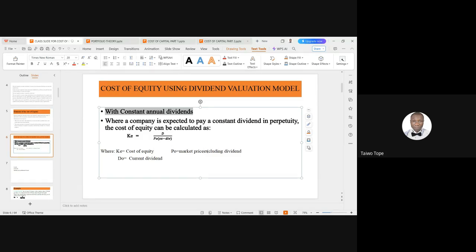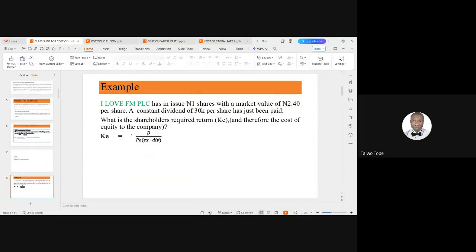Where the market price is including dividend, you remove the element of dividend from the existing market price to get the market price in form of XDIV. So that is where you have a constant annual dividend. You can have a scenario where you have growing dividend. Dividend is not constant, but growing. There is a formula for that. Now, let's look at this example regarding a constant dividend. The example reads,